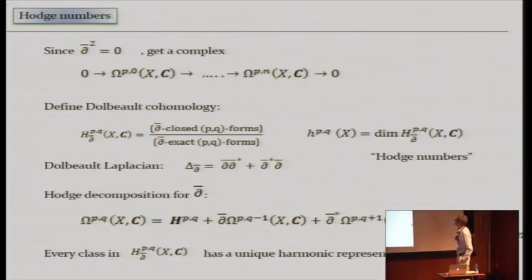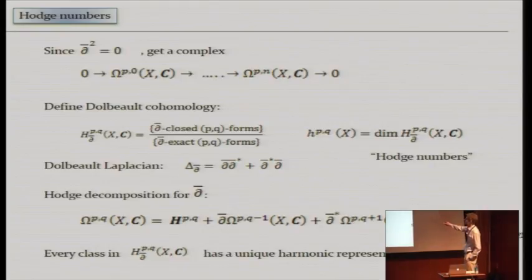Now, anytime you see an operator such that its square vanishes, you can construct some kind of cohomology. So here we just take (p,q) forms, and so del bar only acts on the second index now. It increases the number of anti-holomorphic indices by 1 every time. And this is a complex because the composition of these two maps is del bar squared, which is 0. So then we define Dolbeault cohomology. The closed forms, meaning the kernel of del bar, modulo the exact forms, meaning the image of del bar. This defines a cohomology group denoted by H^{p,q} sub del bar.